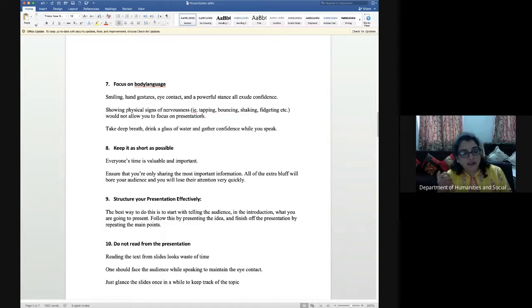So the nervousness sign can be shown if you are speaking but continuously tapping your pen, or if you have a chalk and you are continuously tapping it on the podium, or if you have some keys and you are continuously bouncing them, or shaking some paper, if you are holding a book or paper and shaking it again and again, it shows that you are nervous. So you have to make your hands free and try to have good hand gestures with explaining expressions, and then you have to speak.